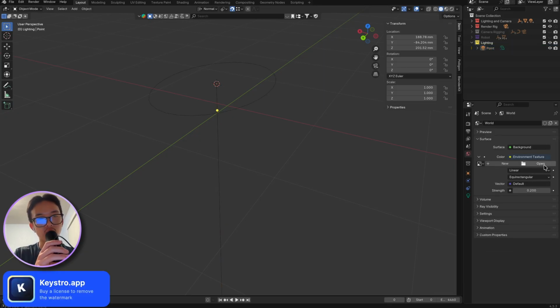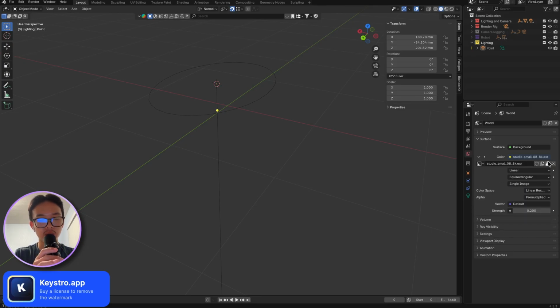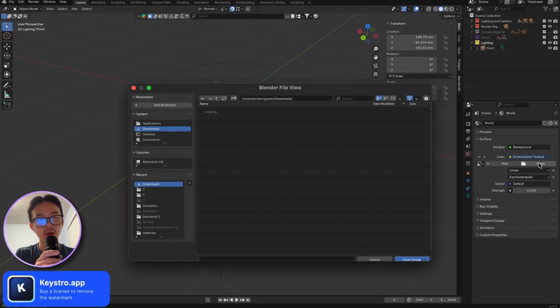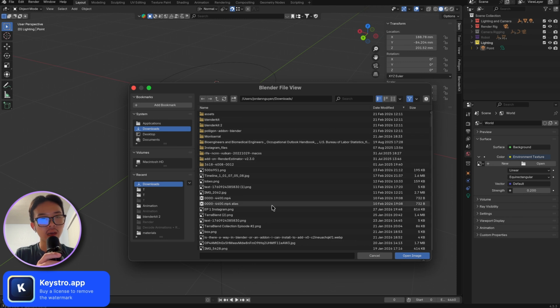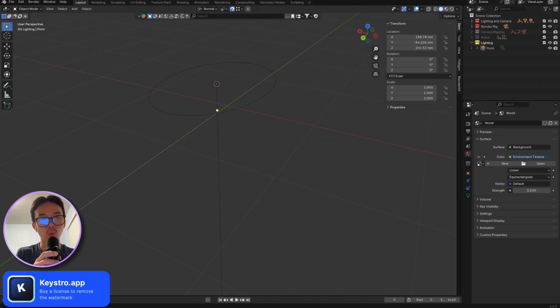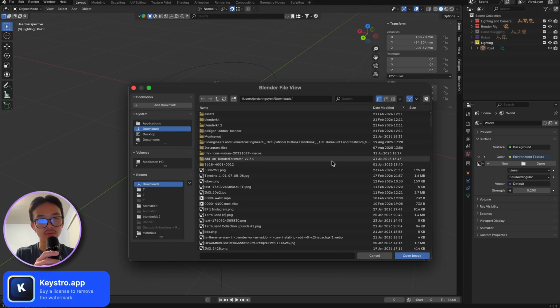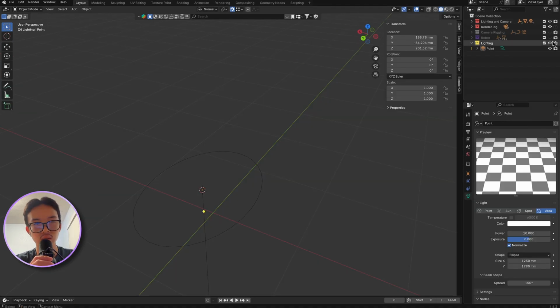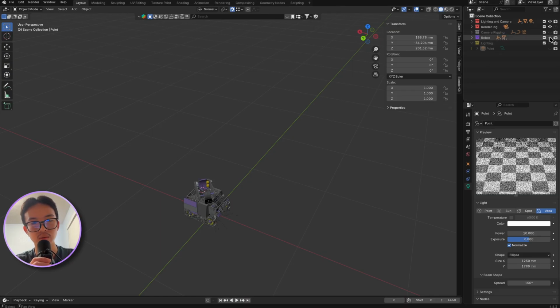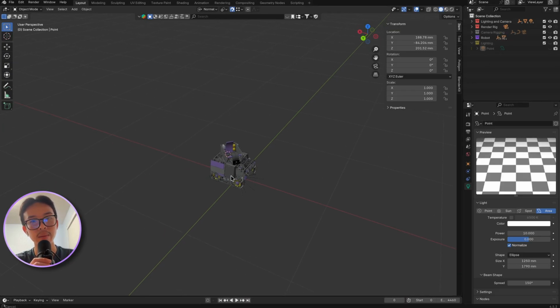So go to world properties and press X to remove the world lighting, and then open it up and insert an HDRI. You can use Blenderkit to find a ton of HDRIs that people make, and what they are is just world lighting that's very specific to only that HDRI. Let's close the lighting collection and open up the robot and make sure it's in frame, and then go over